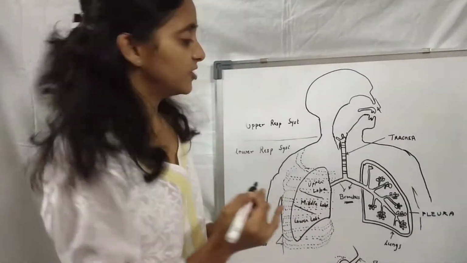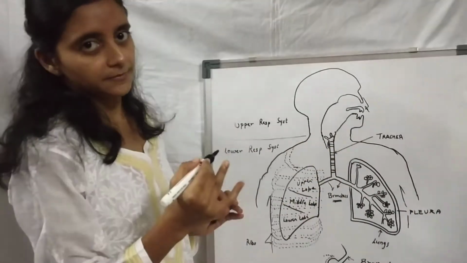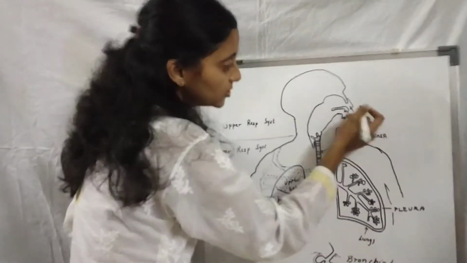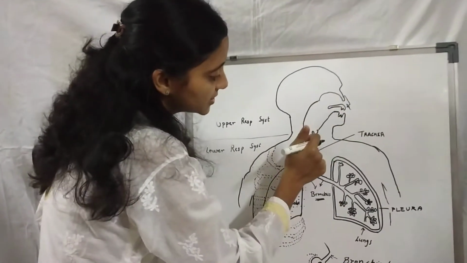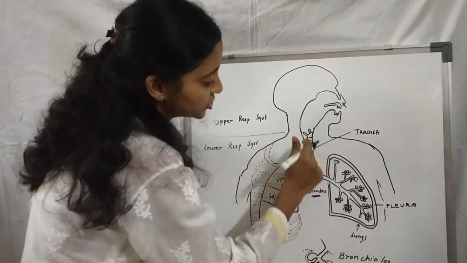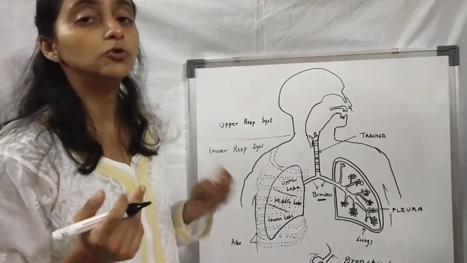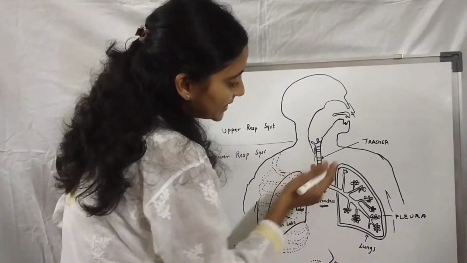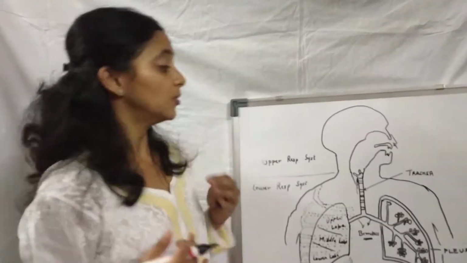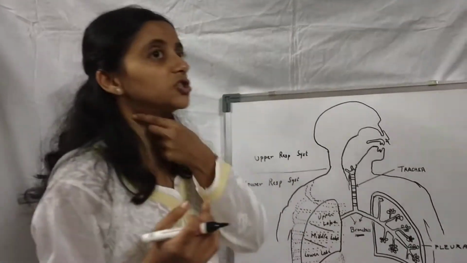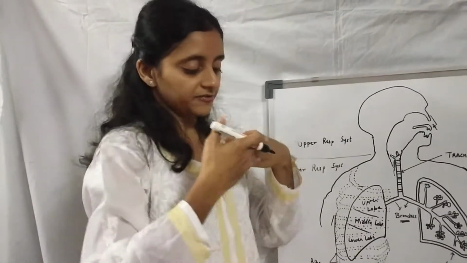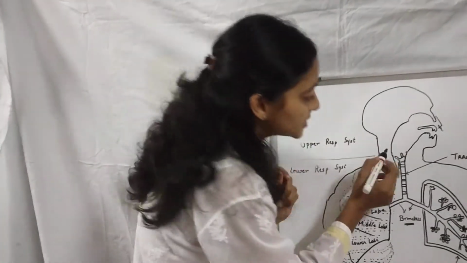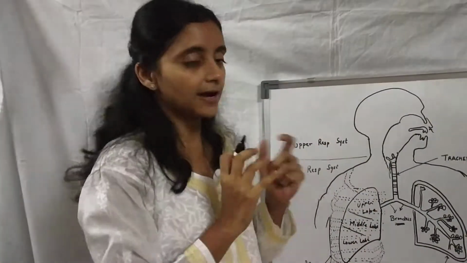Next to your respiratory system is your digestive system. Your digestive system starts from your mouth. You eat and that goes down into your digestive tract, through your esophagus. Your esophagus is placed exactly behind your trachea. They are just one after the other. The front is the trachea, the back is the esophagus, and there is a small valve which controls their play.